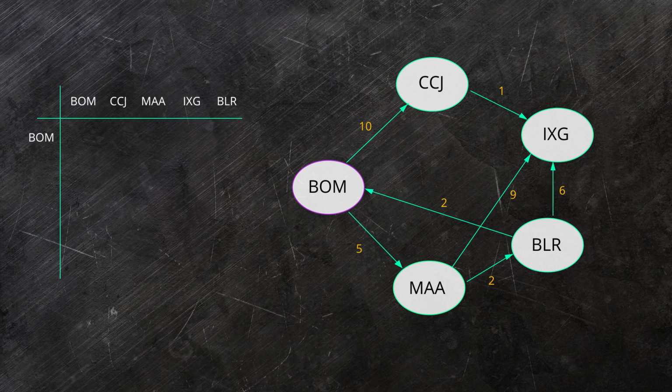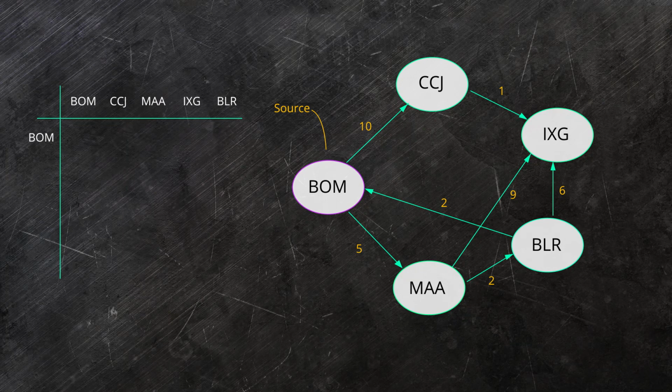The method for using Dijkstra's algorithm is we have to choose an arbitrary source. Here I have chosen BOM as the source, and I'll be writing the list of other destinations in any order. But whichever node you are choosing as the source airport should be written first. Here I have chosen BOM as a source airport.